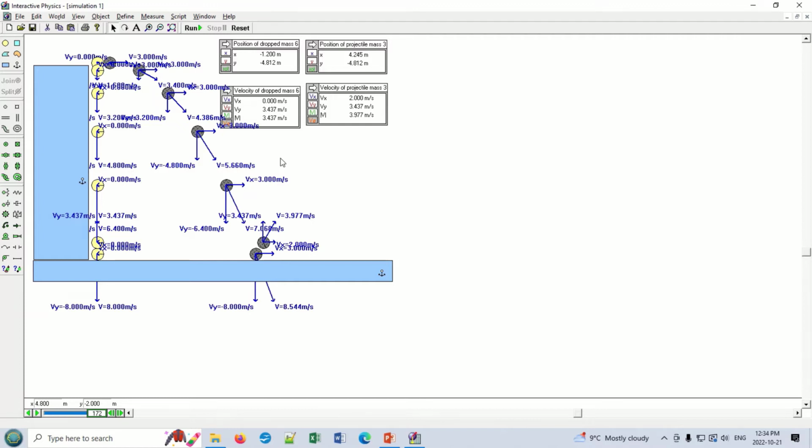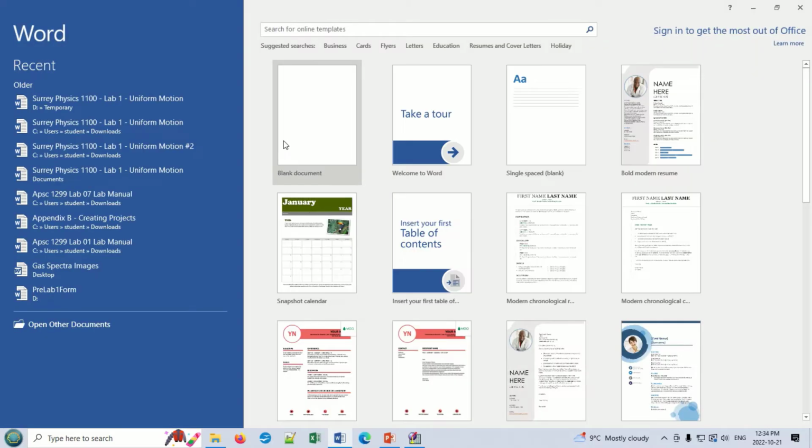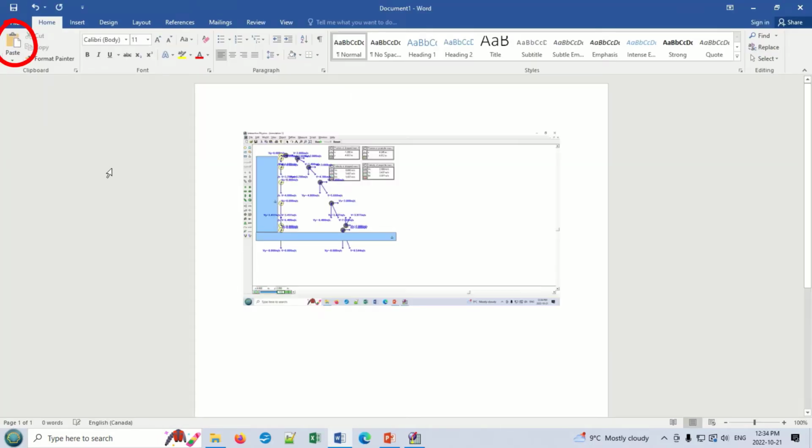So if you look around on your keyboard, there's a key that says Print Screen. And if you click on that, it takes a screen capture of whatever's on your screen right now, and then you can open up Word, for example, and then paste it into here. So that pastes that image in, and now you can print off 3 copies for you and your partners to